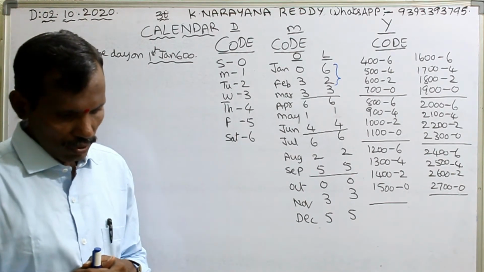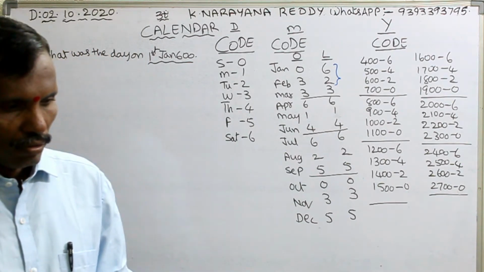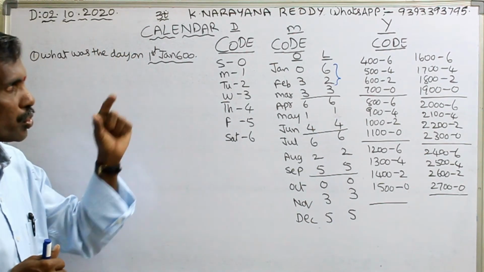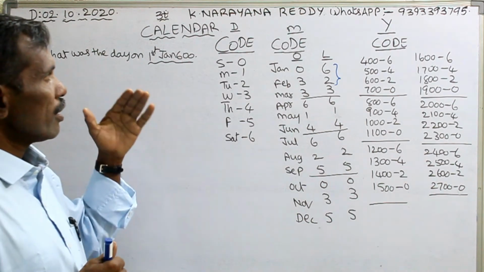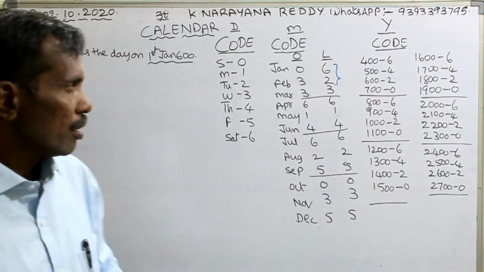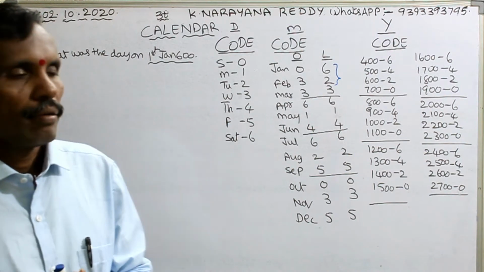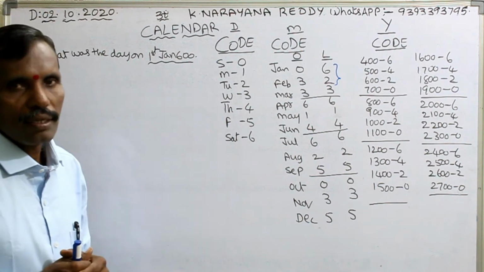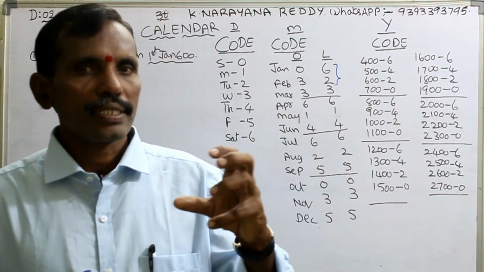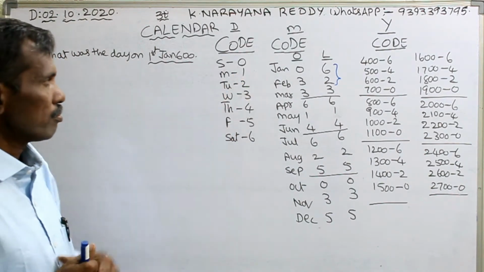Actually, I already told in the last class what a calendar is and what parts are there in a calendar. But in this class, I am explaining about the codes for days, months, and years. These are very important whenever you are doing the problem, because these are shortcuts. These shortcuts are used for doing problems within seconds. Now see here, codes.